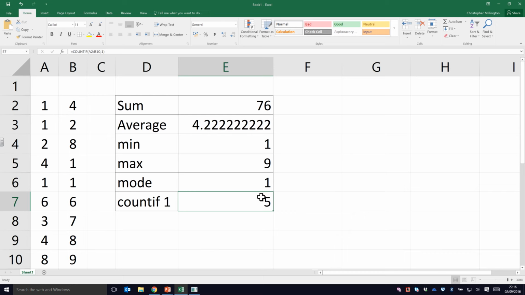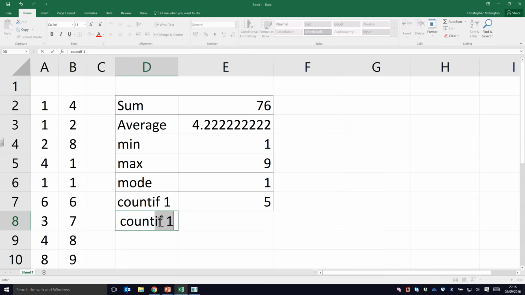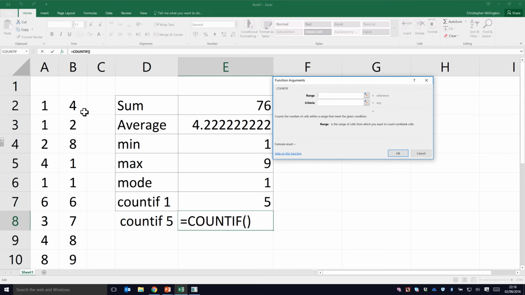The teacher says, oh, I can't have that. I'll tell you what, let's see how many people got over 5. Got a bigger number. So you say, okay, sir, I can help you. I am the man you need. So here we are, COUNTIF 5, it's sitting right there. So here, type equals COUNTIF,